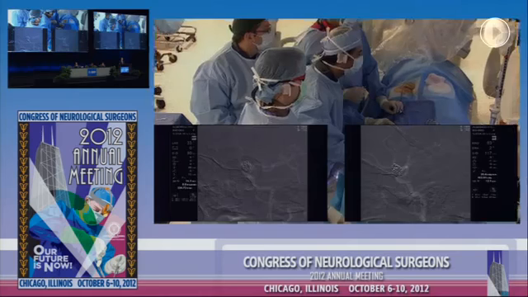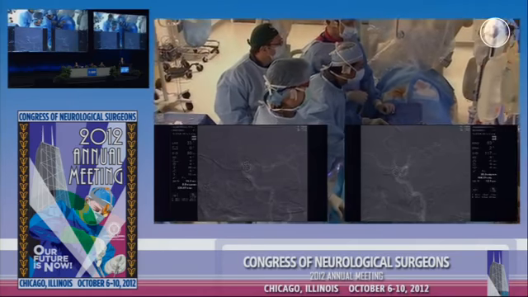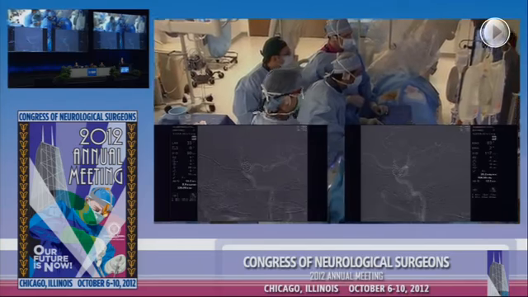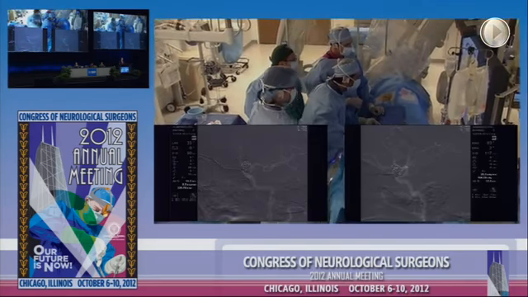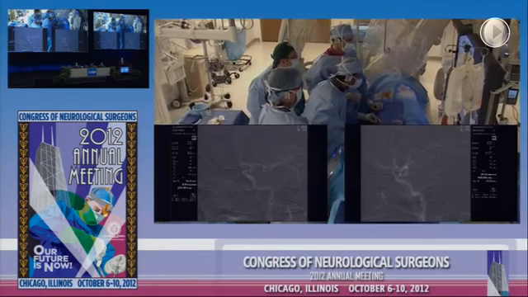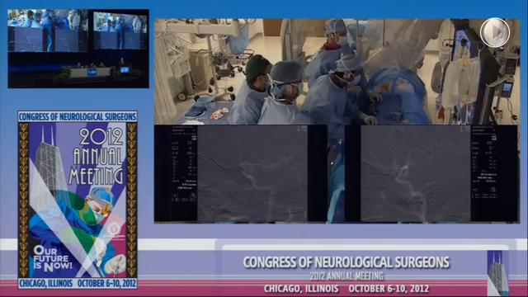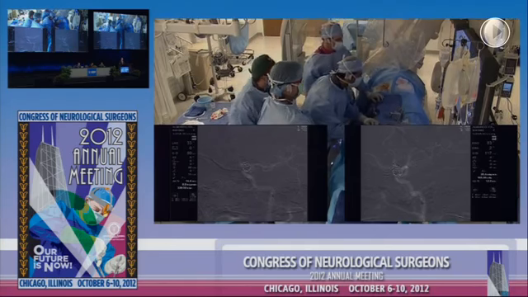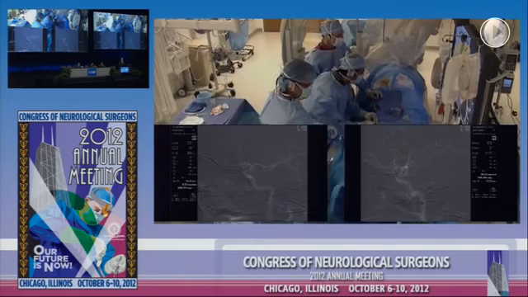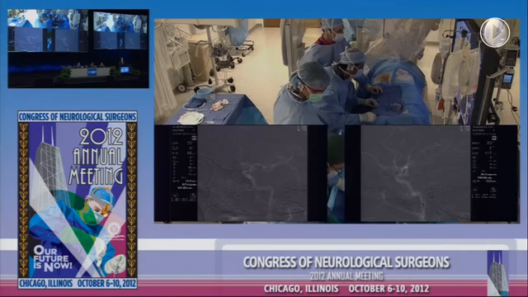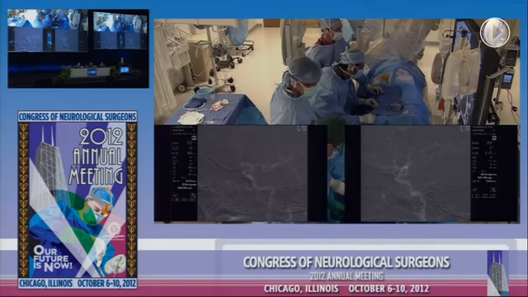Adnan's going up with a wire trying to cross this broad aneurysm at this point. I think the question also is why did we not flow divert right away? Flow diversion requires aspirin and Plavix. In the acute rupture state, we have to put in a ventriculostomy and there's significant ICU management. Having Plavix on board definitely complicates the issue,